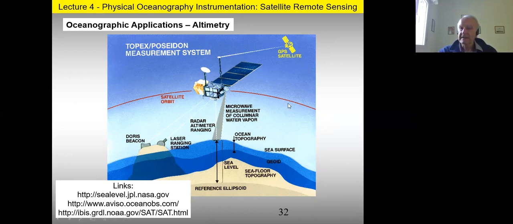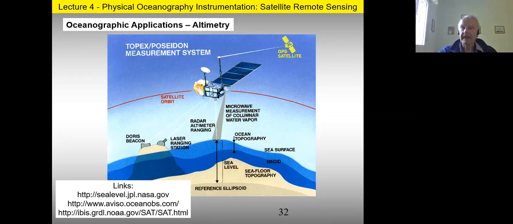And it measures the structure of the sea surface, which depends on the geoid. You remember when we defined the geoid. We define the seafloor topography, where seafloor topography then determines the deformation of the sea surface because of the different mass. Therefore, we can study seafloor topography using the altimetry. So the altimetry is really very, very useful